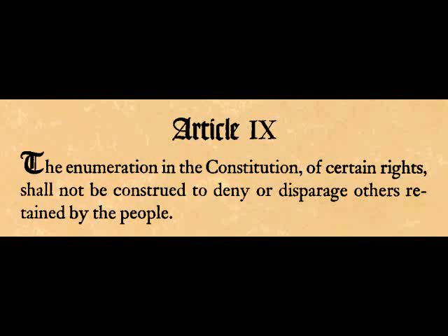Now, I guess we better define some words here. What does it mean to enumerate something? Well, the Bill of Rights itself is an enumeration of rights in the Constitution. Let's define rights. We've got to look at what a right is. A right is that to which one has a moral or legal claim, as to defend one's right. And I've said it's an authority. A right is an authority, and authority is defined as, and this is from the